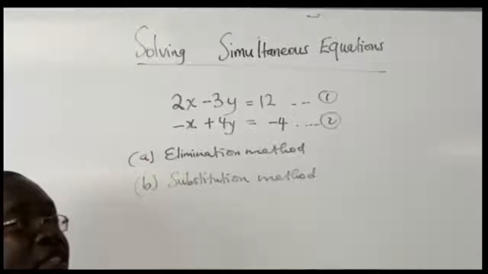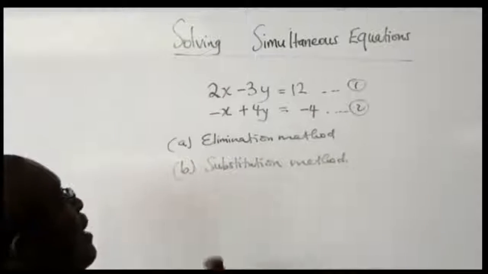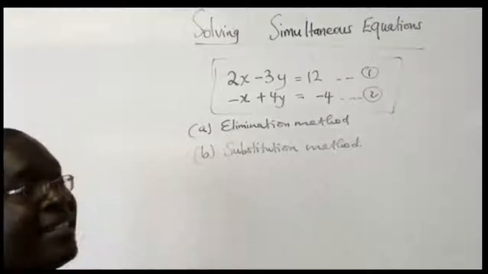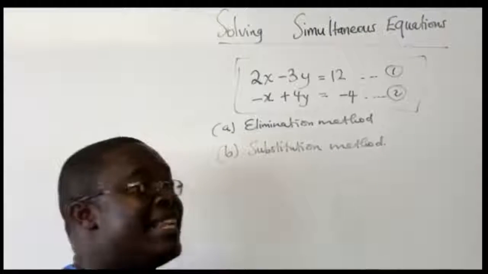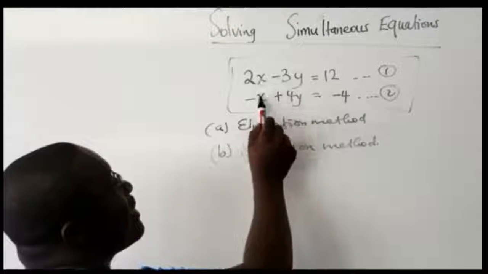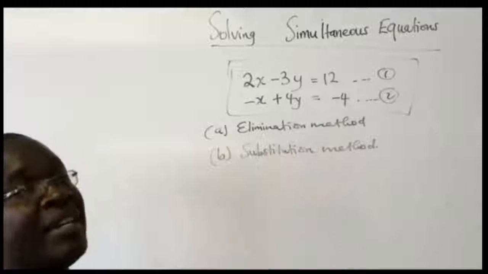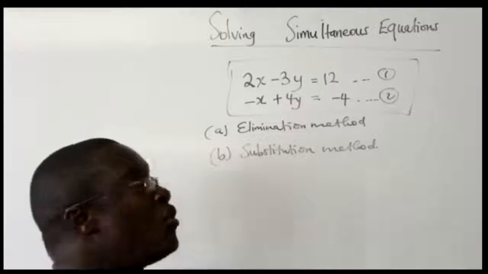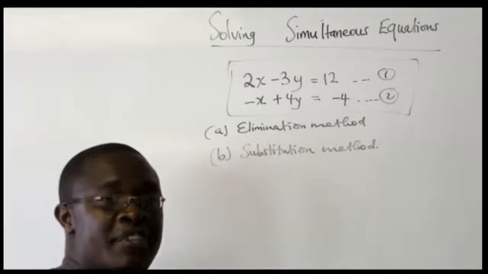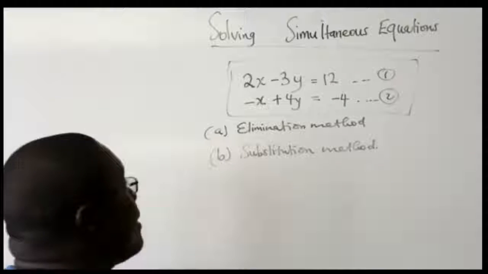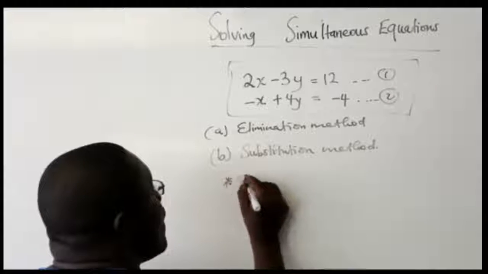Right, so we've got two equations, equation 1 and equation 2. We're saying that they're simultaneous equations in that the value of x is the same in both equations and the value of y is also the same in both equations. So a rule of thumb when you're dealing with simultaneous equations, equations in general, is that the number